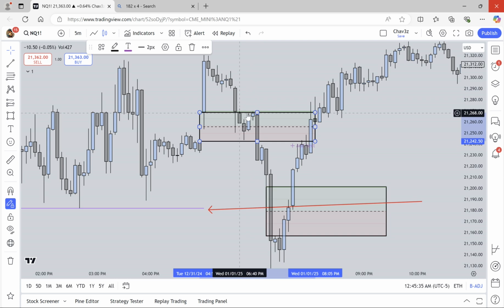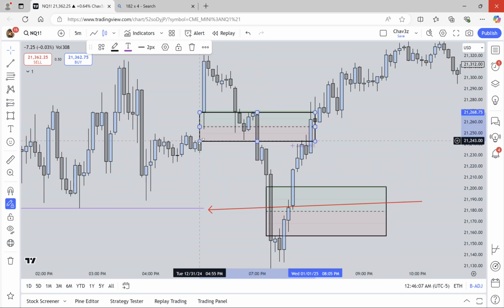We use it as resistance twice, right? Your support turned into resistance, and then look what happened. We displaced, and when we displaced again on that key level, this is your opening candle right here, this little point of the wick. Once we traded underneath the point of that wick and continued lower, the displacement was continued. It was a continuation of this displacement, this one here. We displaced here.